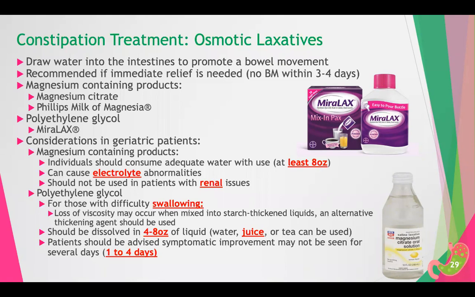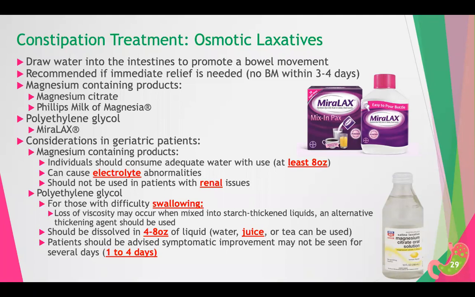But there are some considerations that we have to take into account for the older population. For those magnesium containing products, we do want to make sure they consume adequate water, at least 8 ounces, because again, they pull water into the intestines. So if they're not hydrated, or if they don't consume a lot of water, it'll typically be ineffective for them. But it can cause electrolyte abnormalities, and we don't want to use these in patients who have any renal issues